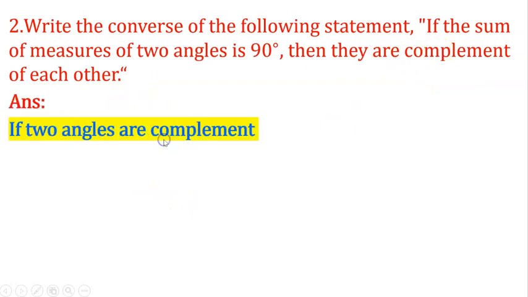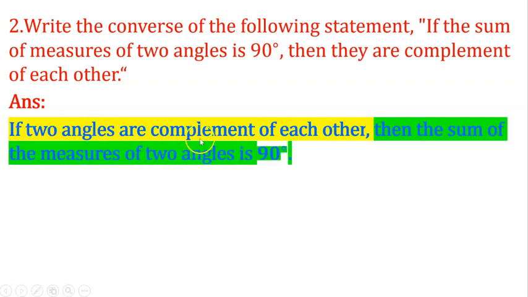Now here, if the two angles are complement of each other, then the sum of the measures of two angles is 90 degree. Okay, and this is the converse of this given statement. Now next,